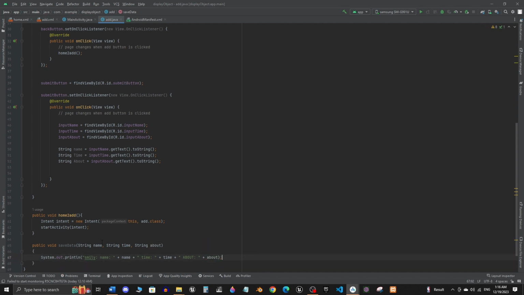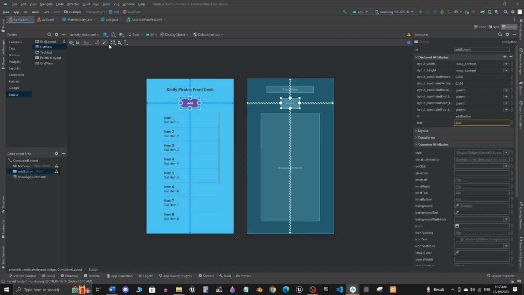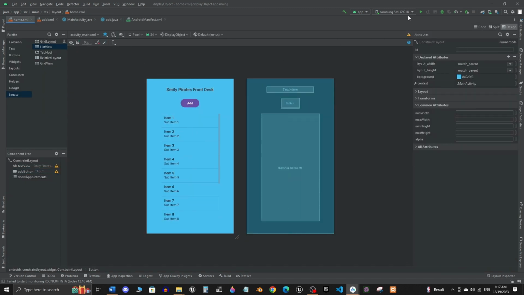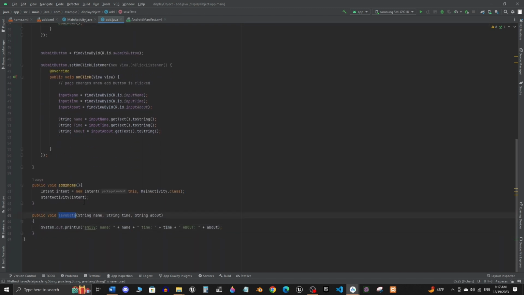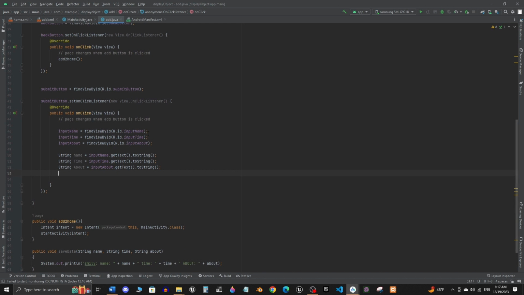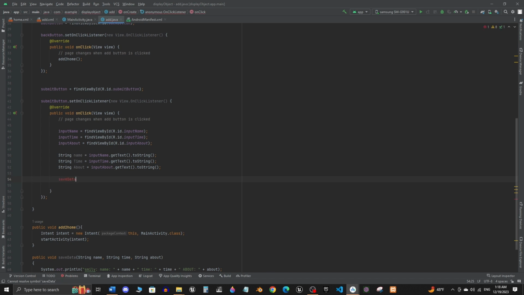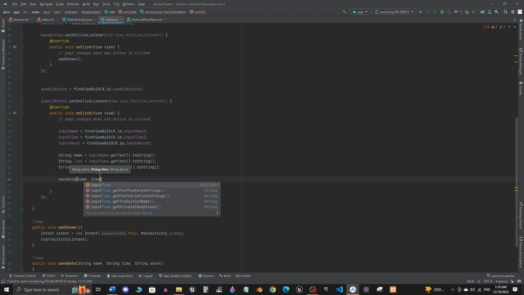That's how we're going to store the information. So let's test out our product. It should be working. So the plan is to just navigate. Hold on, let me make sure the name is correct, and let's call this function. So when the submit button is pressed, we are going to get the user's information and store it in the variable. And now we're going to call the save functions and send these variables to this function,